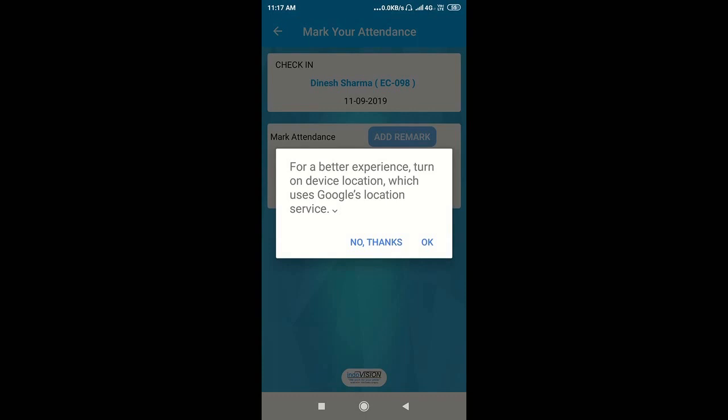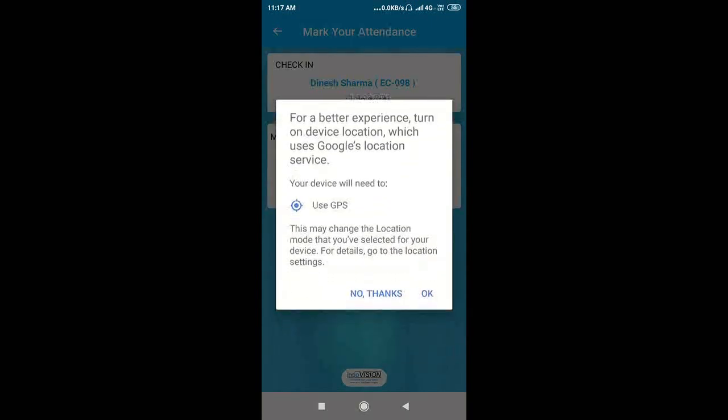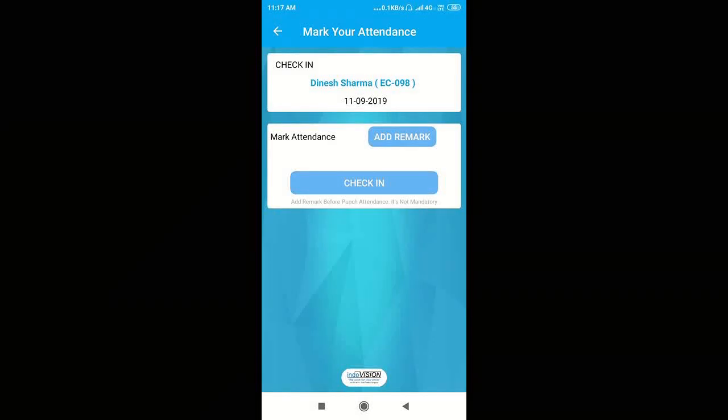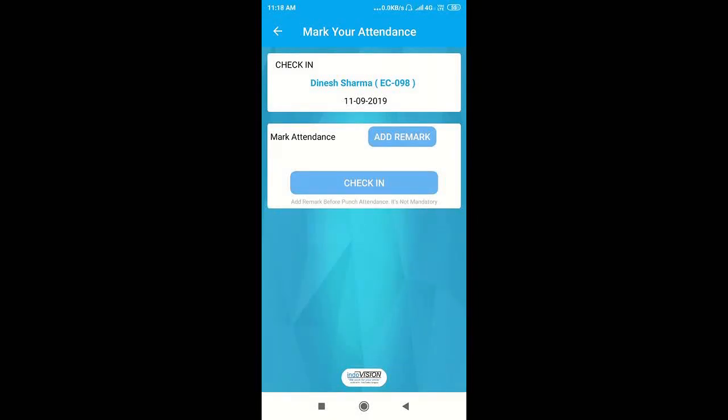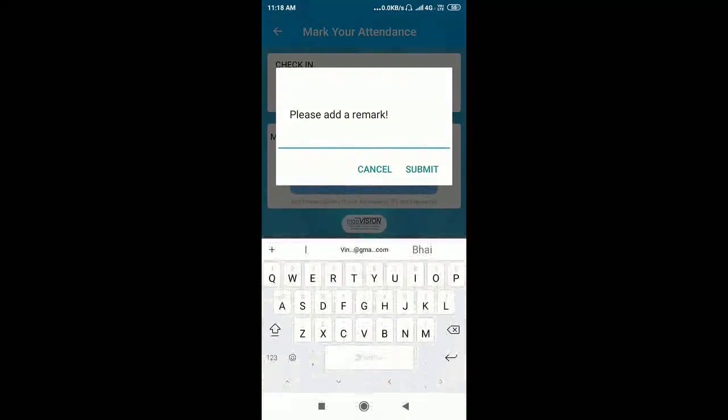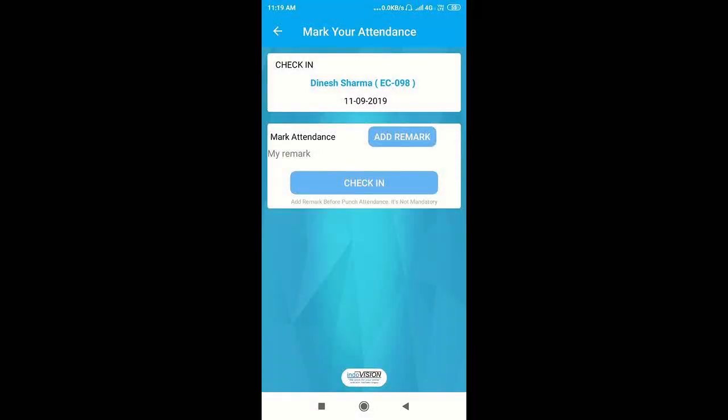Here we have a dialog box that asks to turn on GPS because this app takes an employee's location every time they mark their attendance. So click on OK. Employees can add a remark with this Add Remark button. And they can do this every time they check in. And with this check-in button,